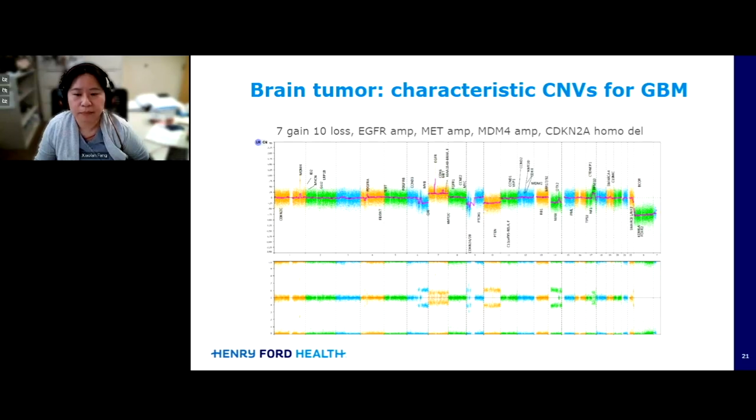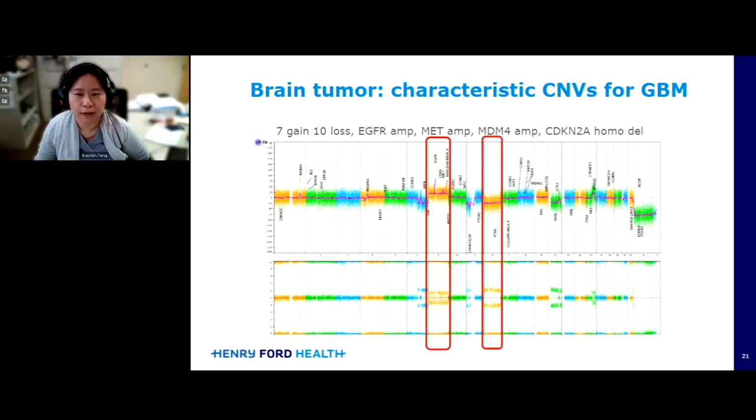And one particular feature for the glioblastoma based on CNVs is the 7 gain and 10 loss. Based on the WHO guideline, 7 gain and 10 loss is enough to support a diagnosis of GBM on the CNV platform. You can also see other CNV markers like EGFR amplification or homozygous deletion of CDKN2A. We also see other amplifications and deletions based on the array data, but those are the major features that we use for the GBM